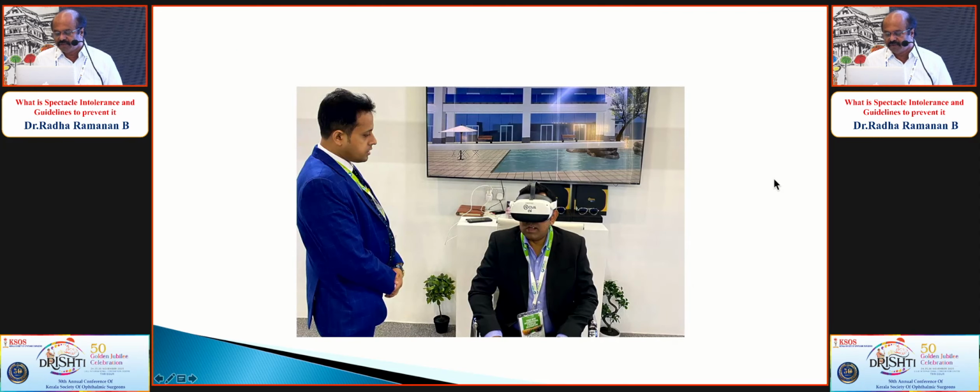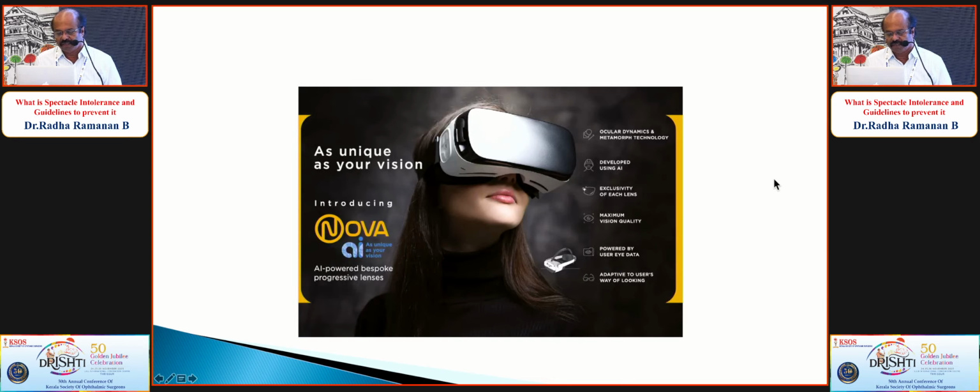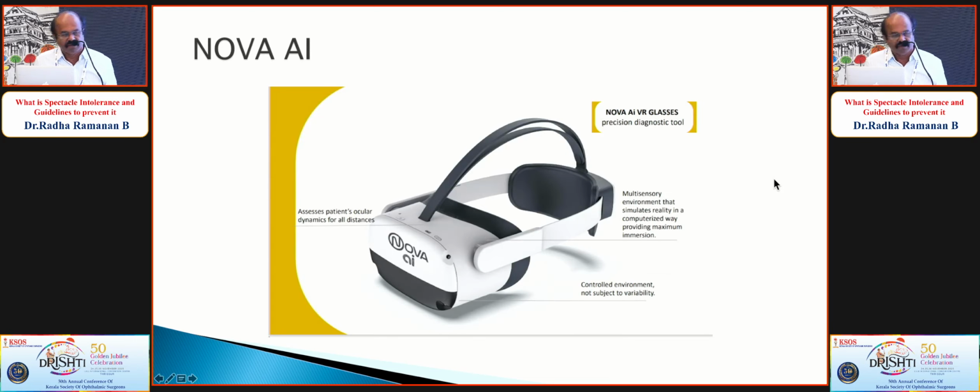And this is another machine used by another company. Now it's a time of virtual things. Everything is virtual. You can even have an optical shop. In the next generation, you won't even have a real optical shop. You will have a virtual optical shop. You can select everything and wear it. This is according to our pattern of movements. AI, artificial intelligence, will come into play, and the lens will be manufactured according to that particular person. So the scenario is totally changing.